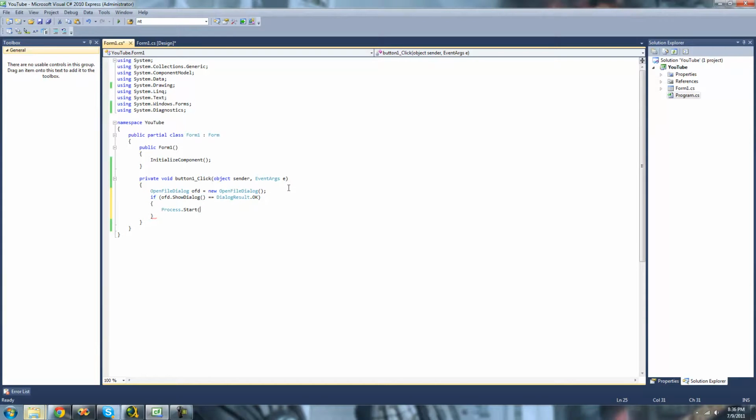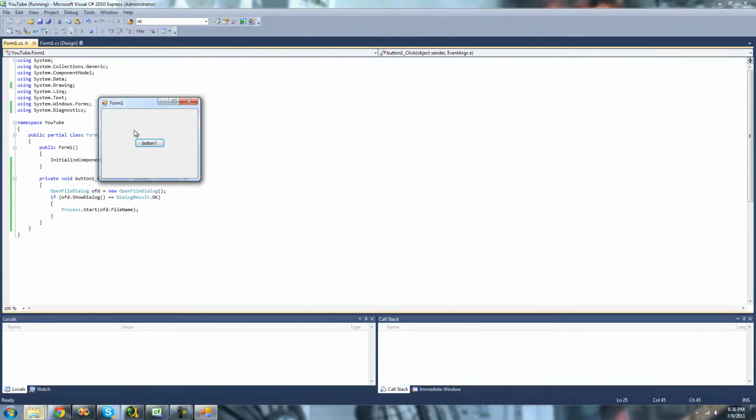And we're going to have it start whatever process that the user opens in the open file dialog. So as long as the user opens an executable file, then it'll start the process of that or open it. So we're just going to do ofd.FileName so that it will start whatever process that the user opens in the open file dialog. So debug here, click this button,